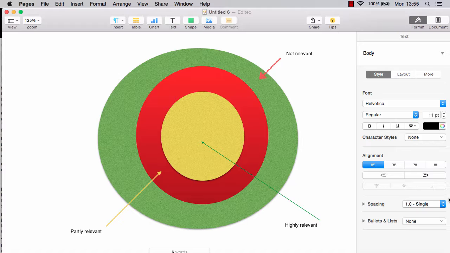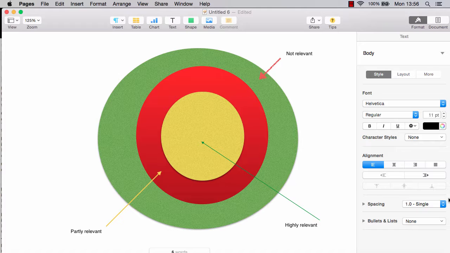And if you were to put it in an answer to a question about the causes of the Cold War, it wouldn't look very good. The examiner would be thinking, well, okay, you're just reciting things about the Cold War now, so you wouldn't get many marks from that and perhaps even lose some. So you could put things such as the creation of the Berlin Wall into the not relevant section,